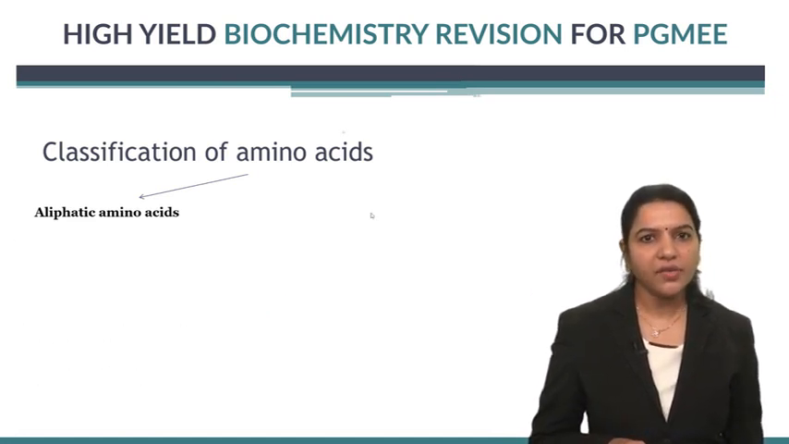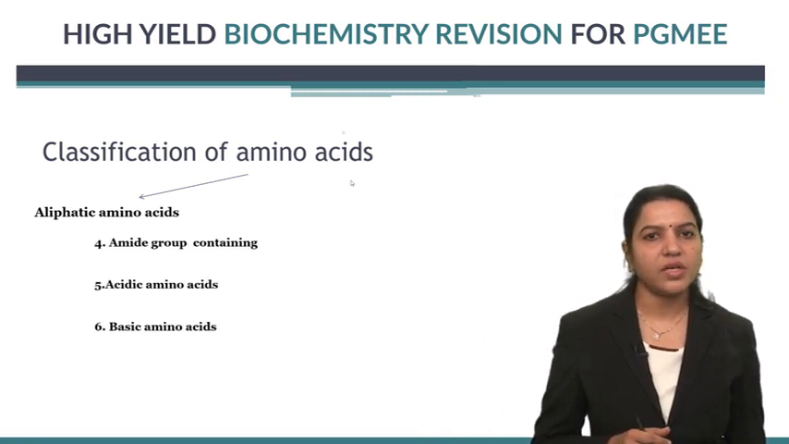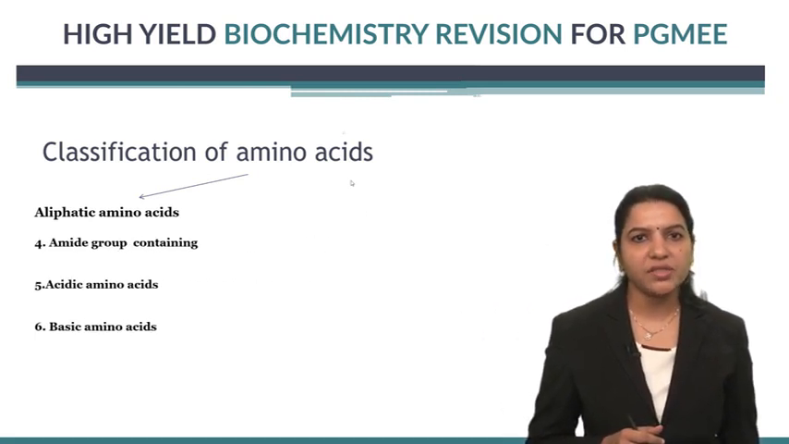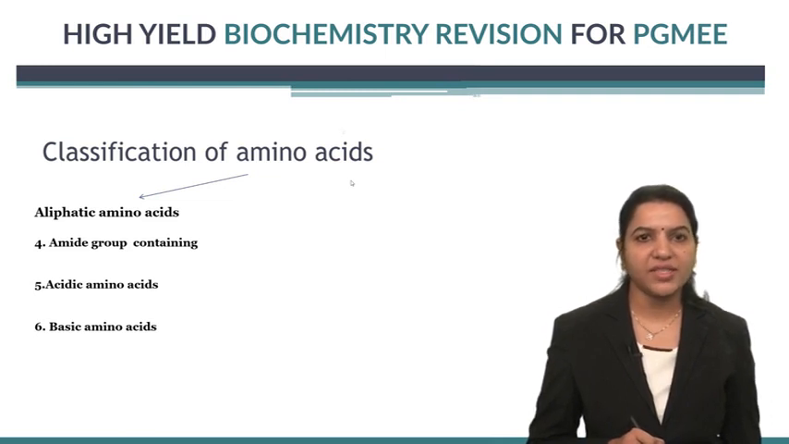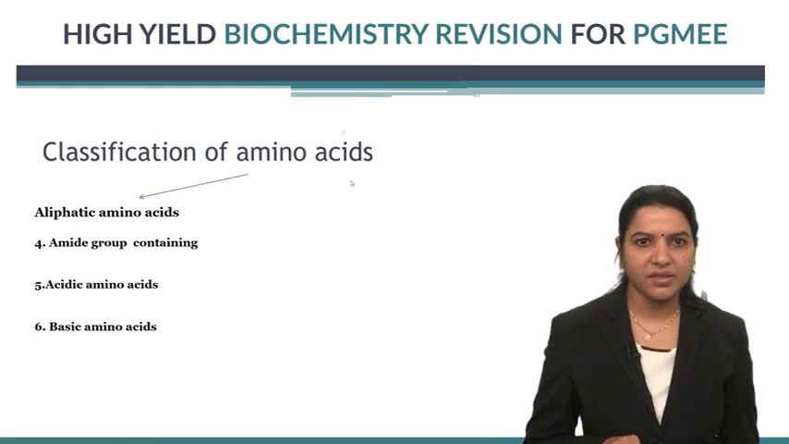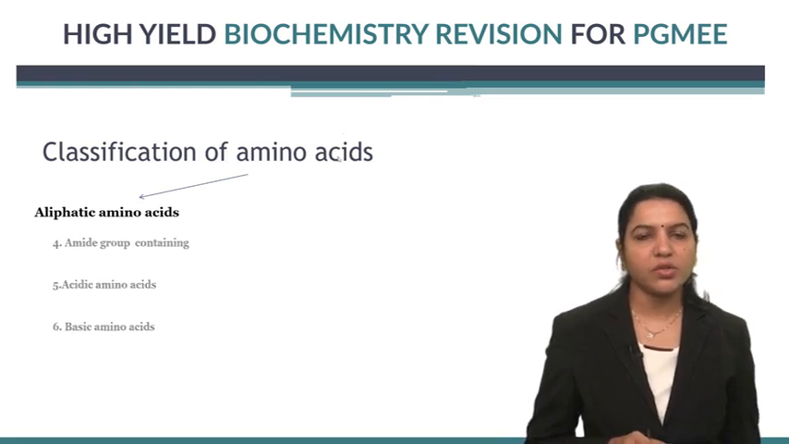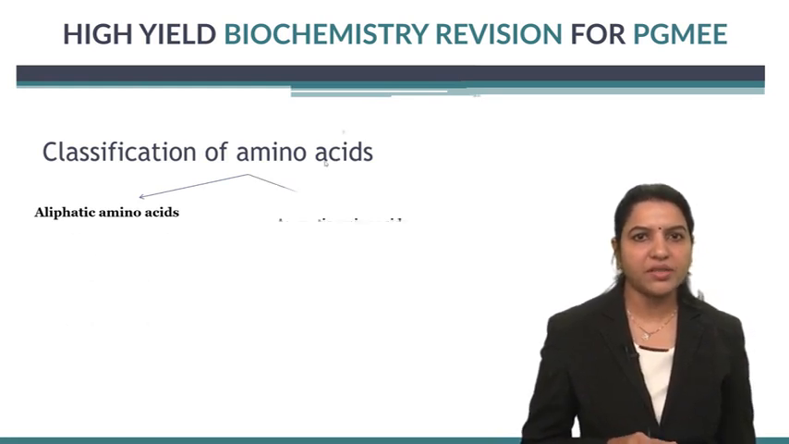Then in the aliphatic amino acids, the other groups are the amide group containing amino acids that include glutamine and asparagine. Then the acidic amino acids, which include the aspartic acid and glutamic acid, and the basic amino acids, that is arginine and lysine. So now we move on to the second group of the amino acids, that is the